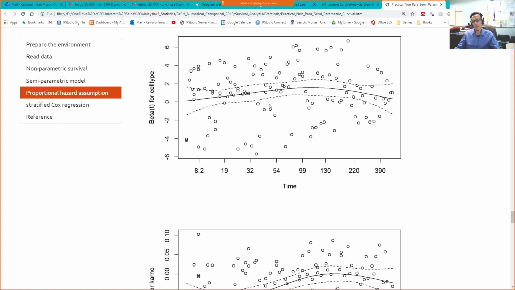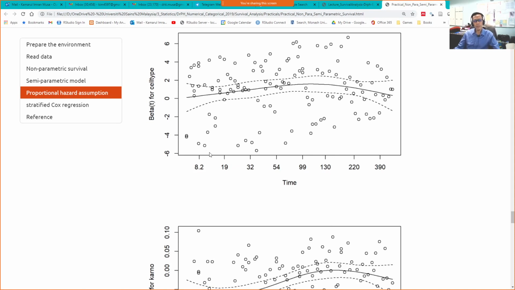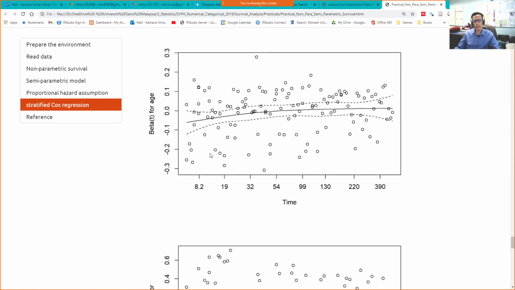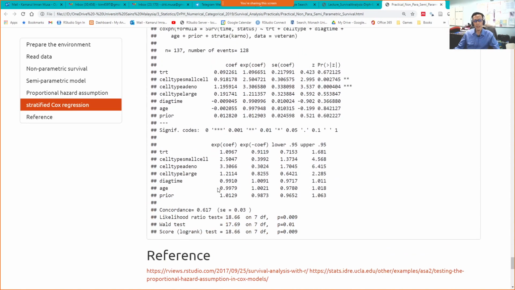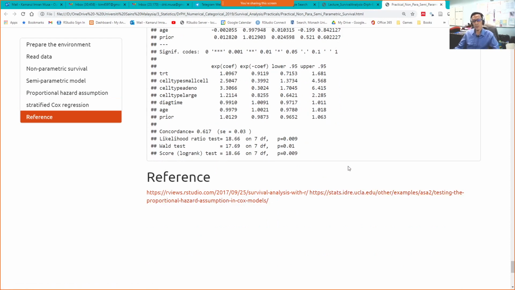So in my opinion, judging from this plot, I don't think the cell type is really a big problem for proportional hazard assumption. So I don't think I will stratify this. So I won't. I just stratify for Karnofsky only. So yeah, that's all. That's all for